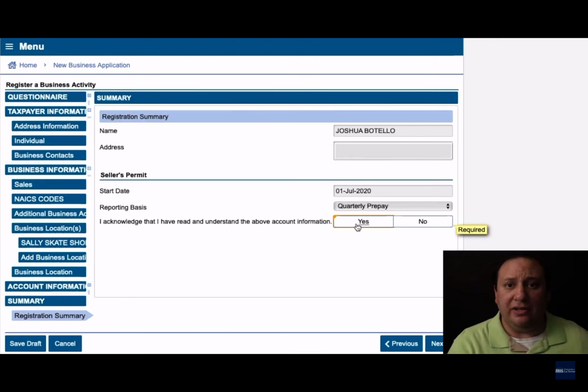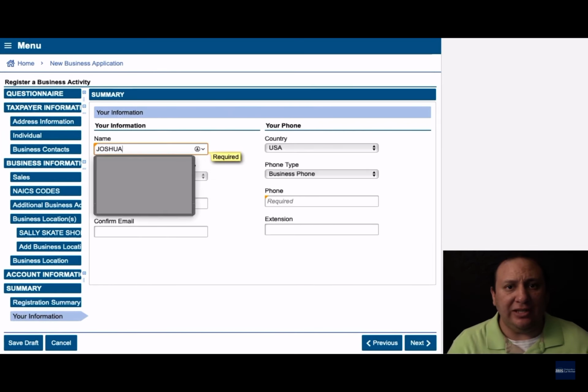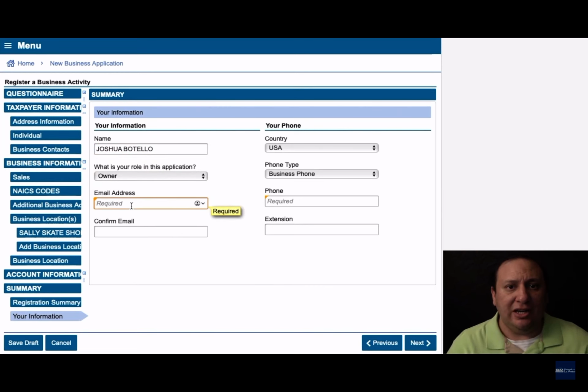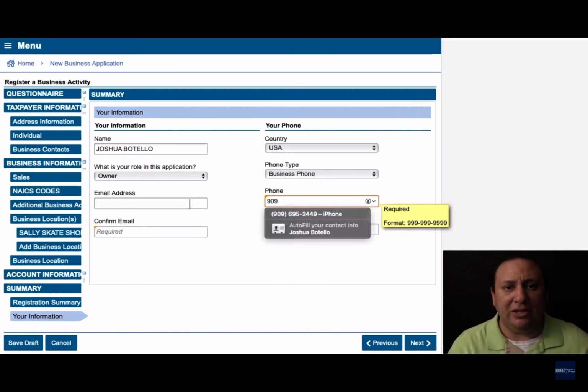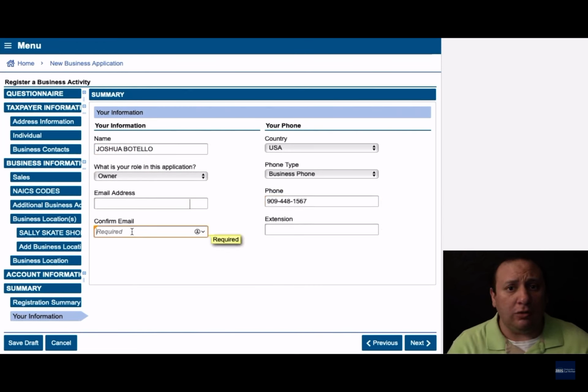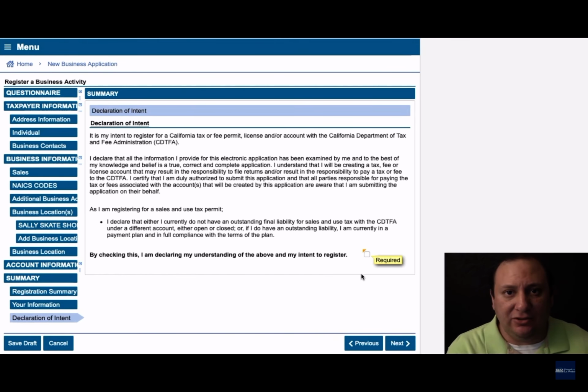Once we review all the information we've entered, we'll click Yes and Agree, and then Next. On this page, you will need to enter in the information if you are preparing this application yourself or if you have a preparer for you. Now this is the last page. Once you check the box and click Next,